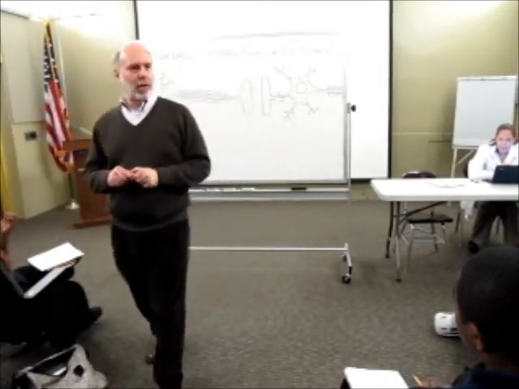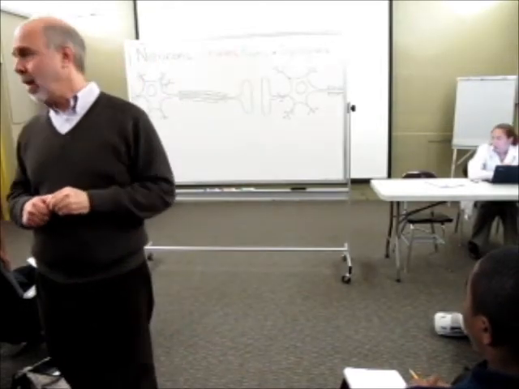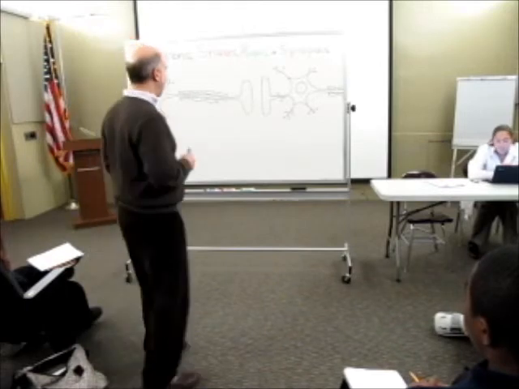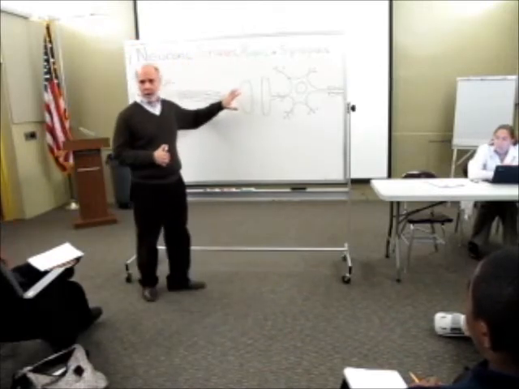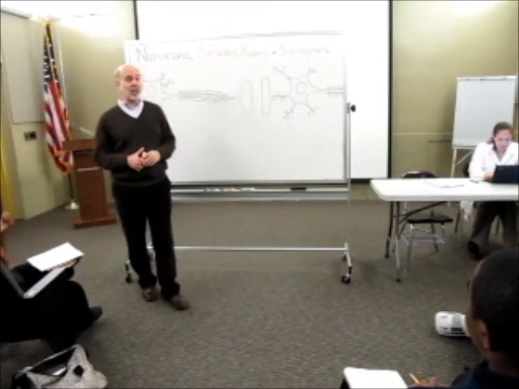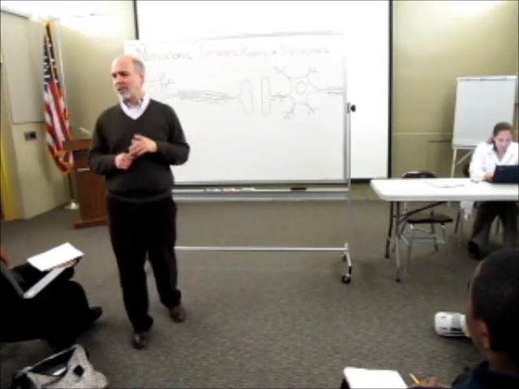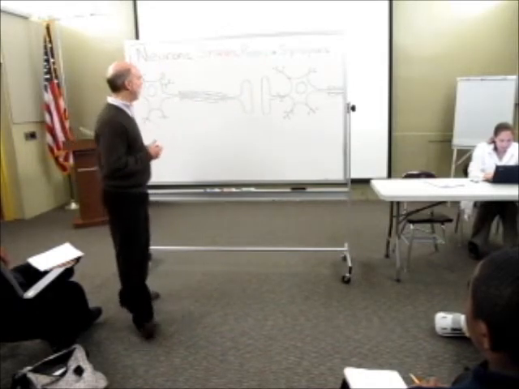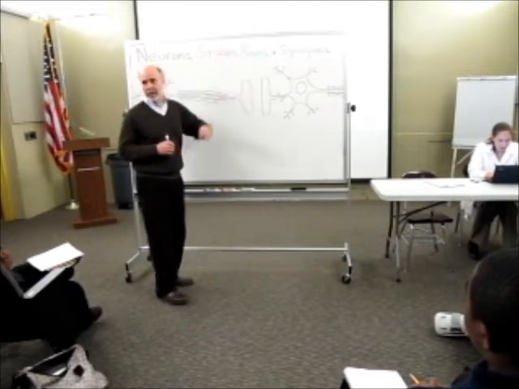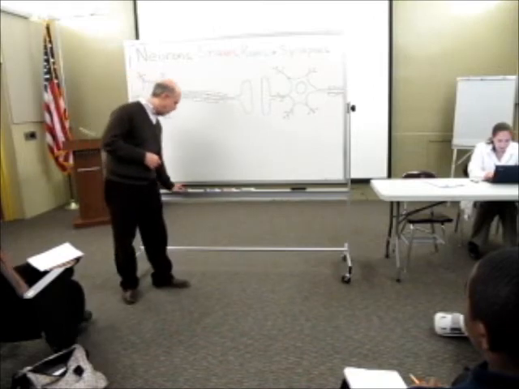Now, you're going to be looking at some neurologic cases of diseases. So I want to talk a little bit about what kinds of things can go wrong to make synapses not work, and what kinds of things can go right to make synapses work better. Okay? So, what can go wrong to make synapses not work so well?